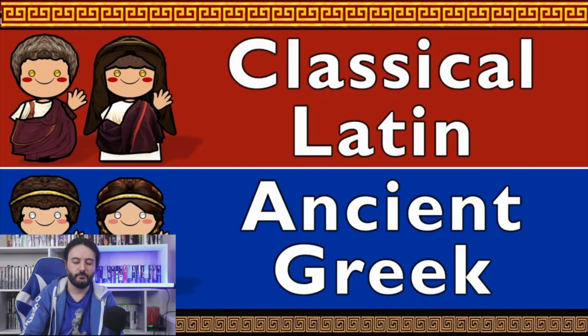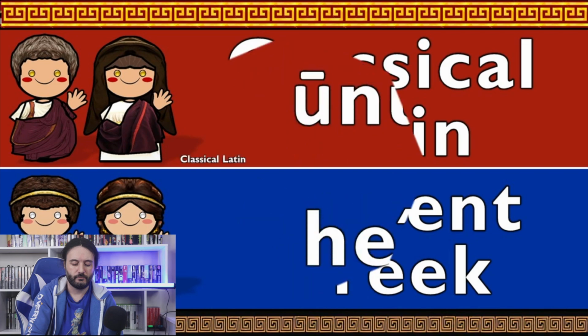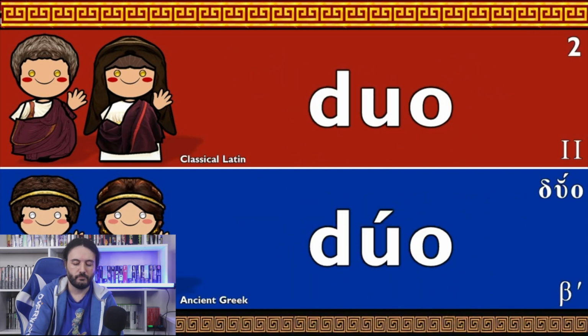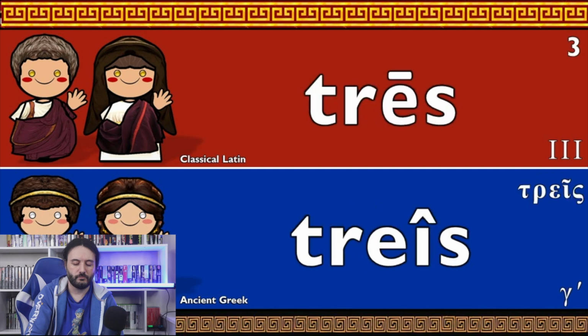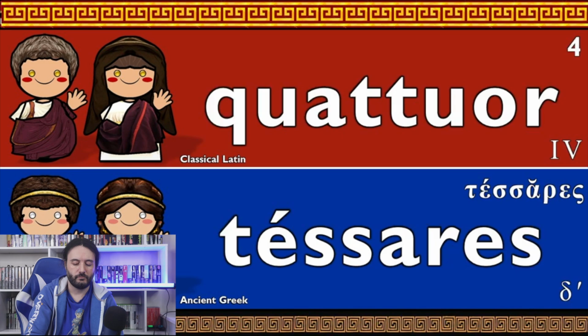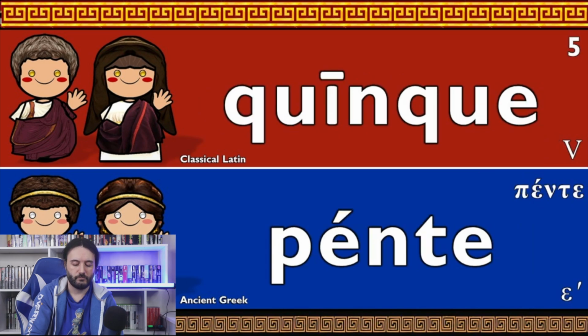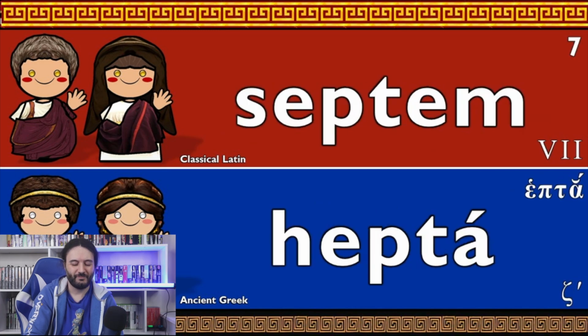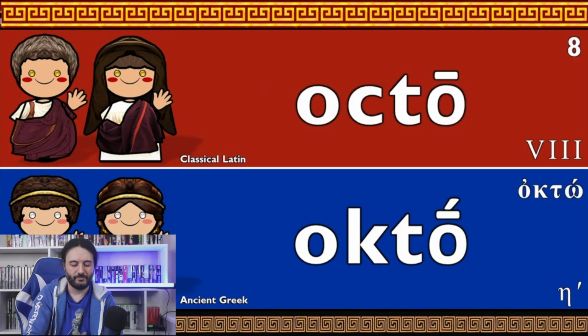We're going to start with the numbers. Classical Latin, Ancient Greek. Unus, Heis, duo, duo, tres, tres, quatuor, tessares, quinque, pente, sex, hex, septe, hepta, octo, octo,